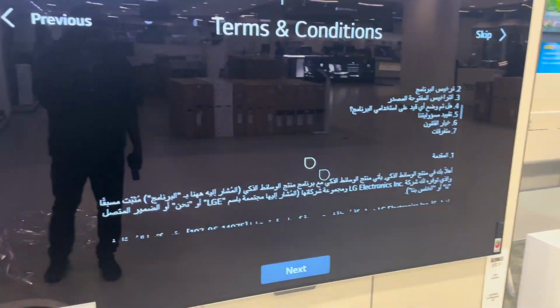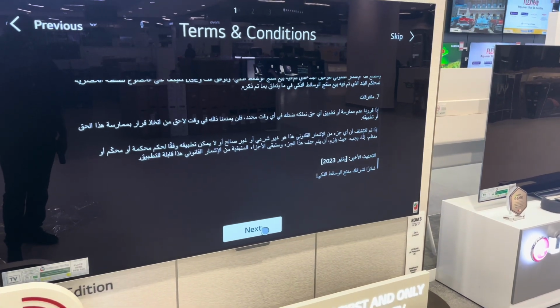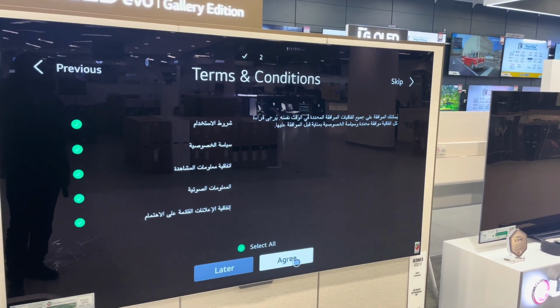From the country where I am, we are using Arabic, so this will be like GCC, Middle East and North and East African TV. So accept, go there to the next, accept all the terms and conditions, and please don't